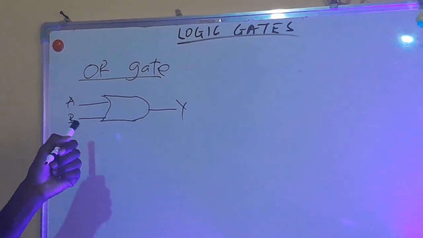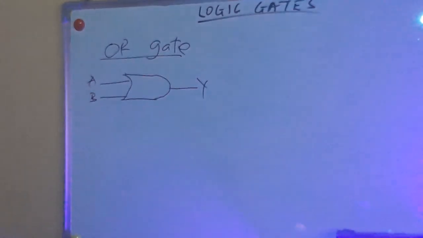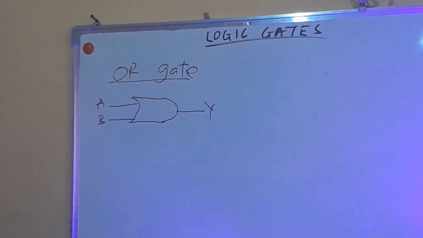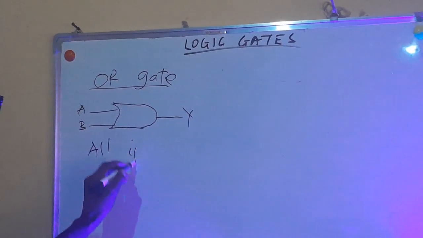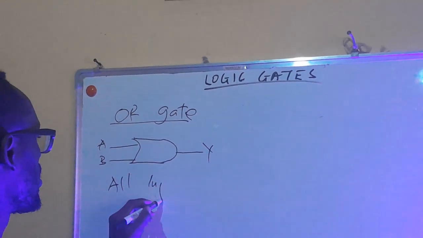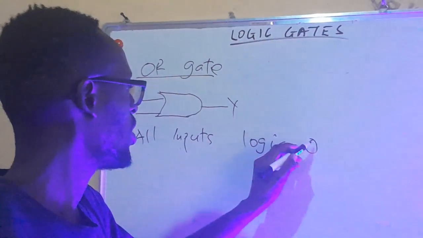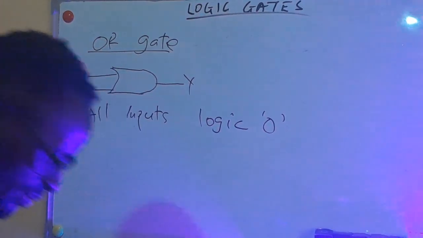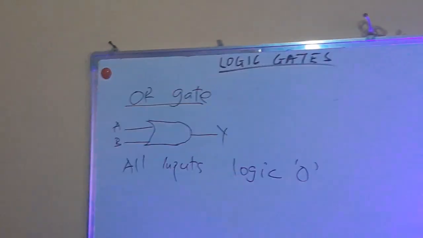Allow me to use the inputs A and B, and the output will be Y. For the OR gate, it can be described as follows: for all the inputs that are put into this OR gate, it gives logic 1 as the answer, except